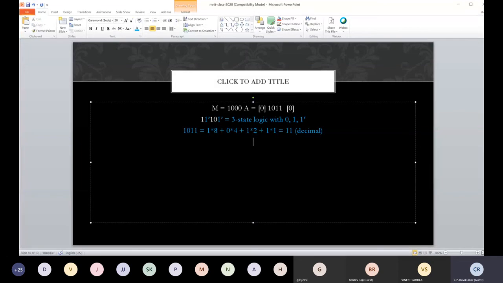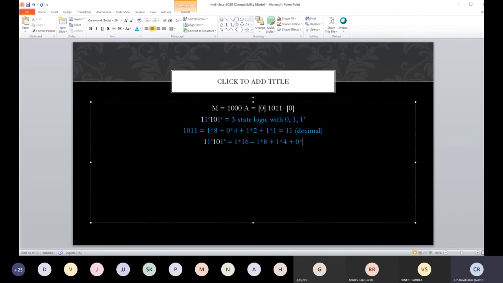In the same way, if I take this 1 bar, this will have 1 times 16, because this has a positional weight of 16, minus 1 times 8, because this 1 bar means minus 1. Okay. Plus 1 times 4. Okay.